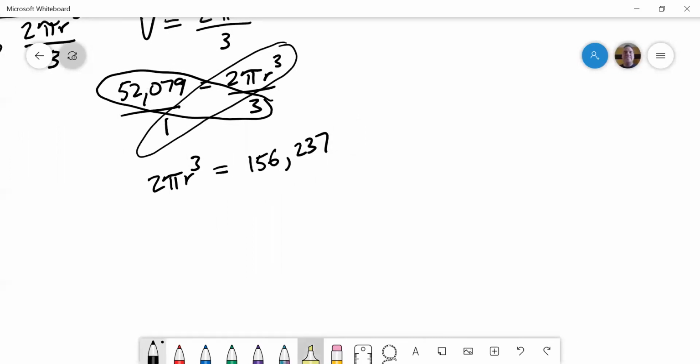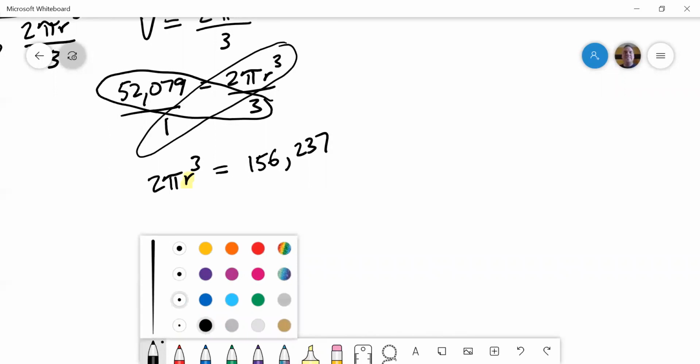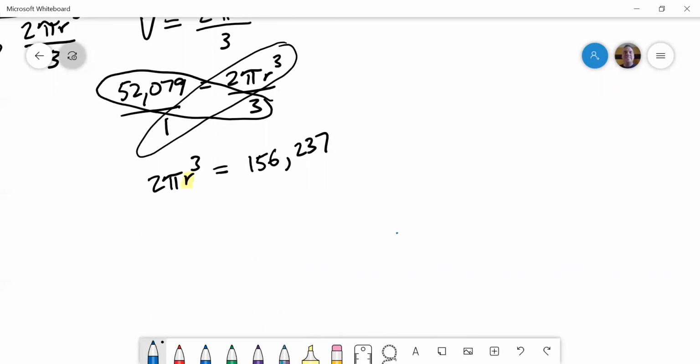So now we're just going to solve this equation. Look, for you guys, we're going to solve it for the radius. Why are we going to do that? Well, if I know the radius, I know the diameter, right? So let's think of it that way, right? So I'm going to divide both sides by 2 pi here. So I'm going to divide by 2 pi. So now I have r cubed equals